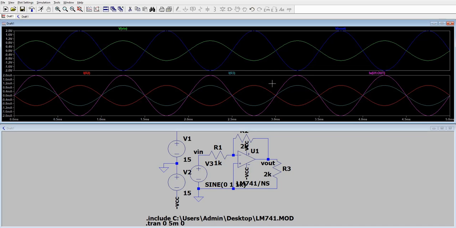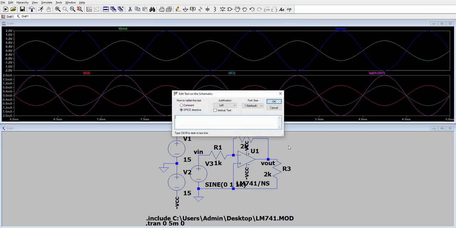What if we want to measure the peak-to-peak voltages and peak-to-peak current of these values? We could use the measure command. For you to be able to use that, just click .op, then .MEAS for measure. You need to write the variable.